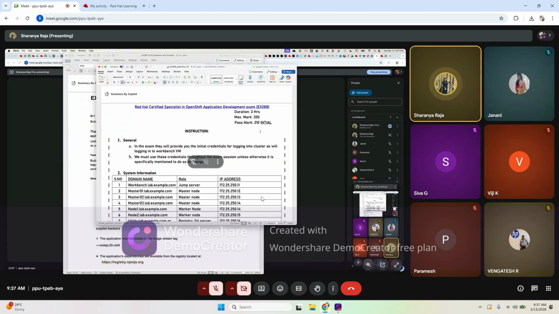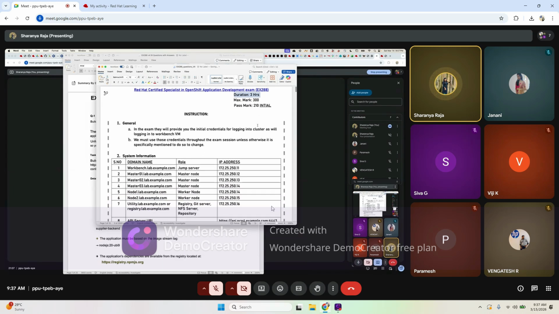Okay, so this is the exam instructions. Total marks is 300, and the duration for the exam is 300, and you have to score at least 210 to pass this exam. And then